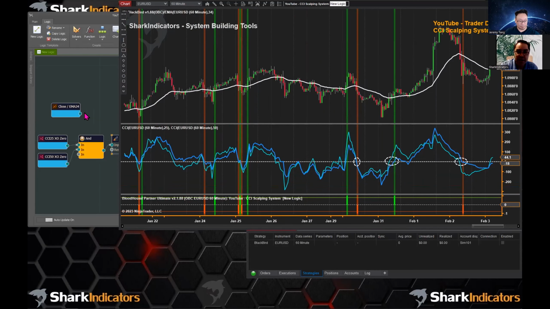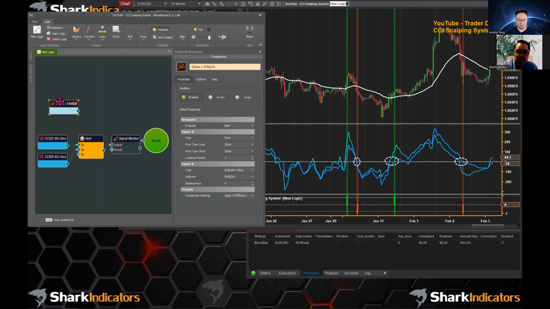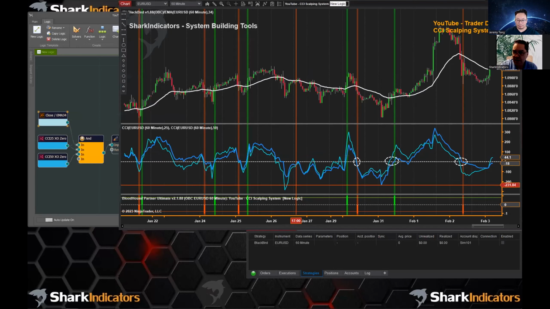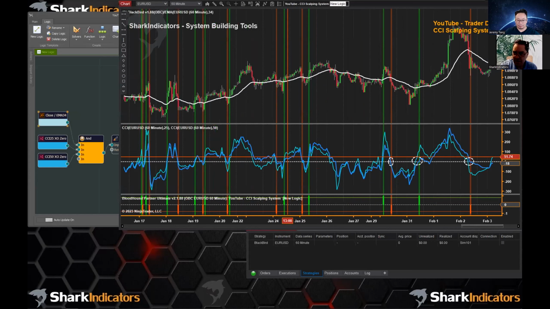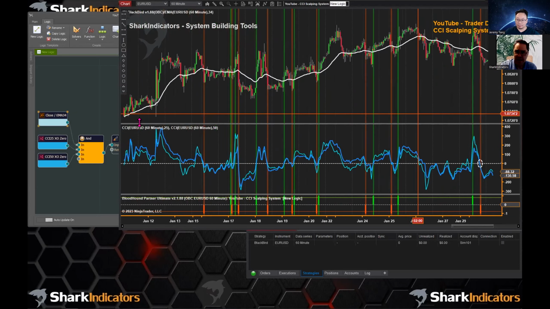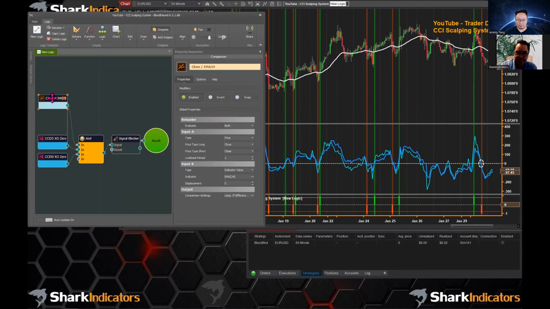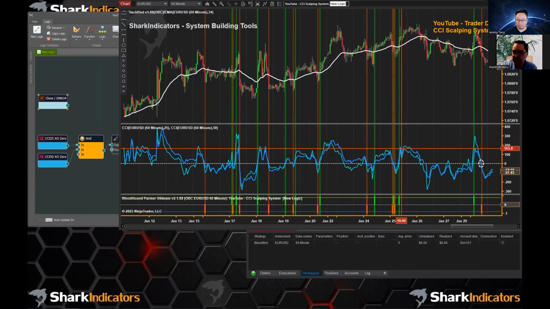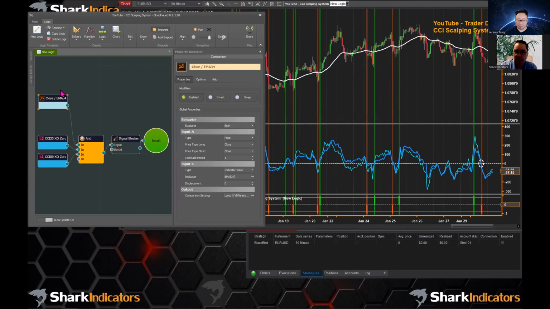And now the last step is, remember, we need to add in our trend filter, the price versus the EMA on the chart here. Once we connect that in, it did clean up some stuff over here. Let's disconnect that again. There were a couple of signals right there that disappeared, so it's a little bit of a filter.